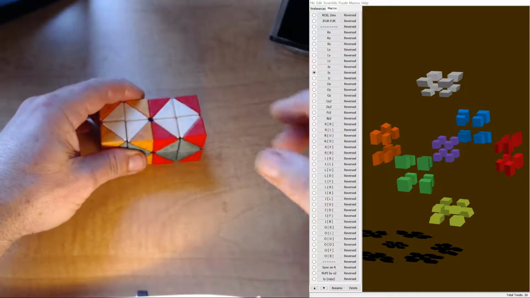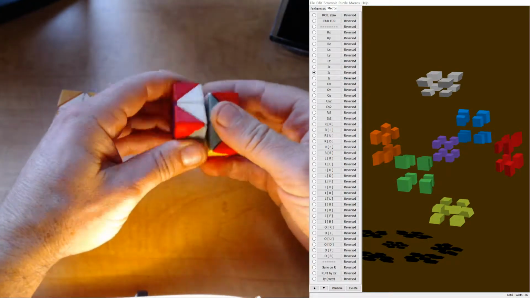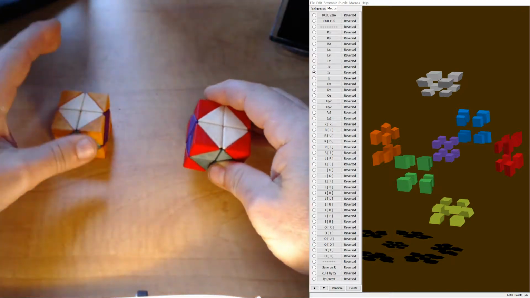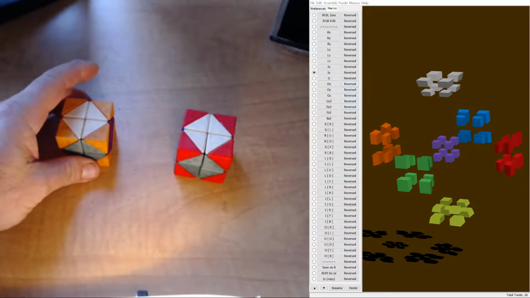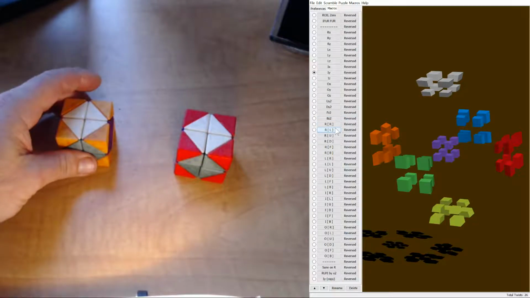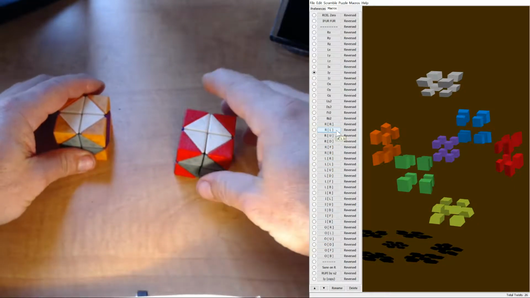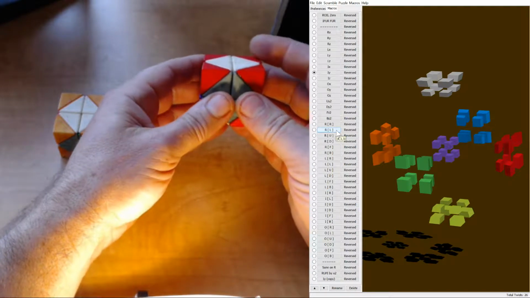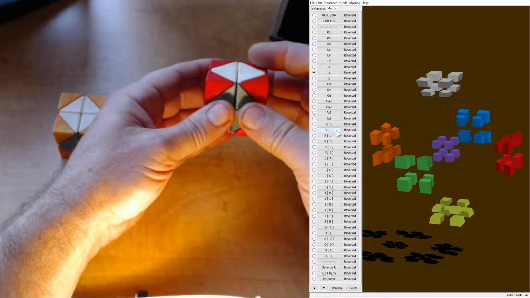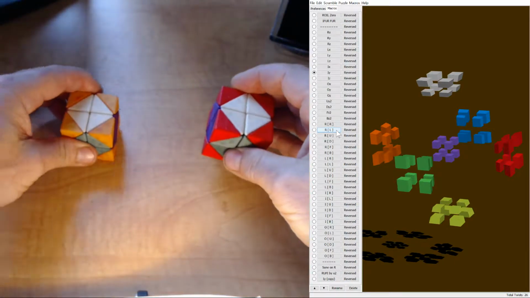Hey, it's Mark with an explanation of when it is kosher to make moves on a single subcube and still be able to follow along, clicking along with MC4D in a completely synchronized state. Each one of these macros, the ones with R bracket, L, I, and O, correspond to subcube moves that I might want to make in shorthand on the physical puzzle. But the longhand way of doing it,